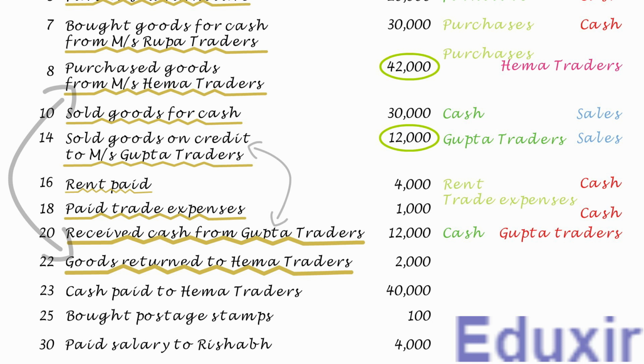As you know, the purchases are revenue expenses. When the goods are purchased, we will debit the purchases account. But when the goods are returned, we will credit the purchases returns account instead of the purchases account. I repeat, we will credit the purchases returns account and not the purchases account. Similar to the drawings account, the purchases returns account is also a contra account. Purchases returns account is a contra account for purchases account.